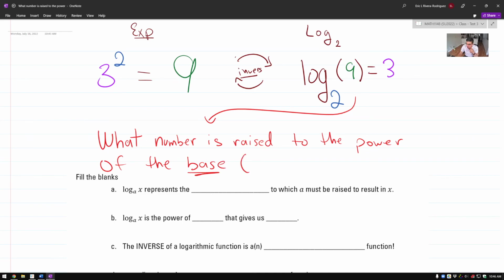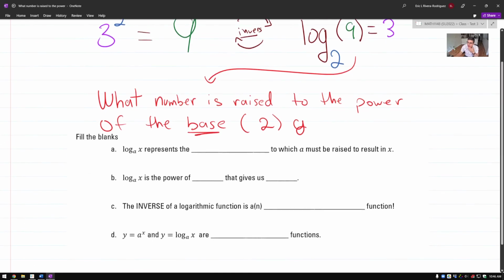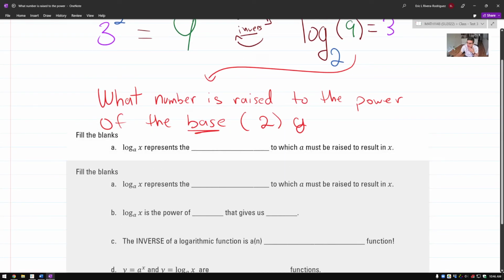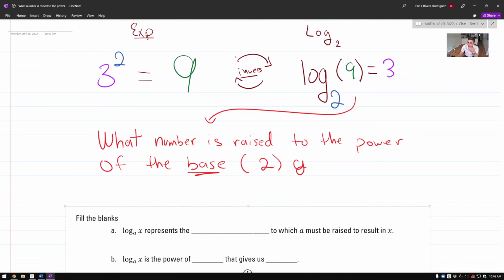The base here is 2. What number is raised to the power of 2 and gives us the argument